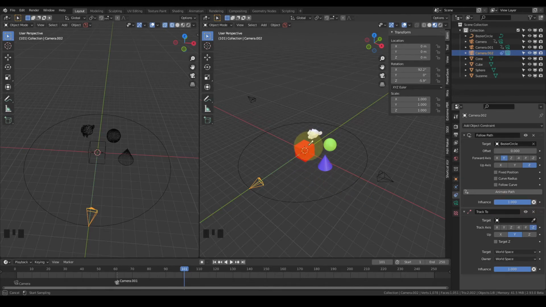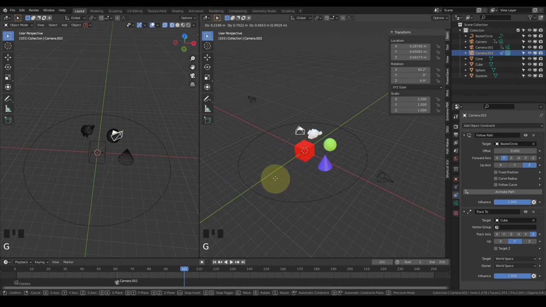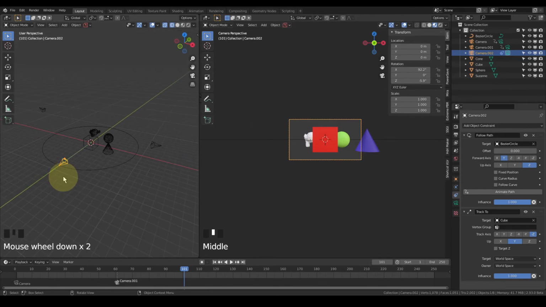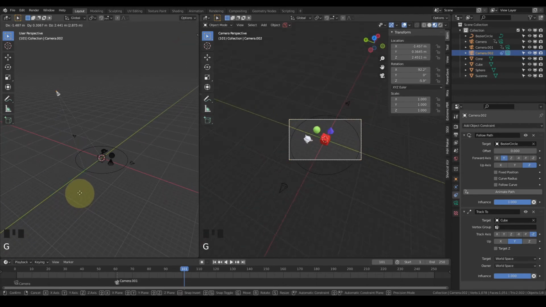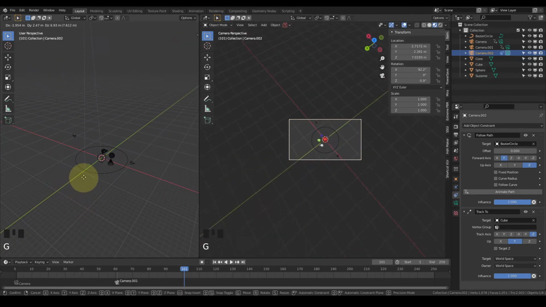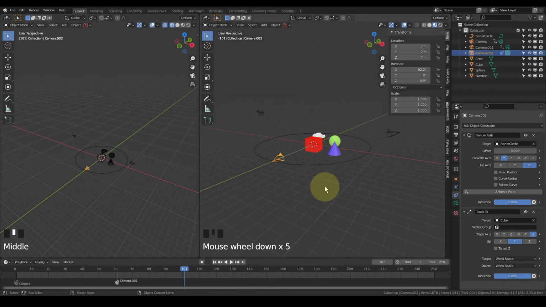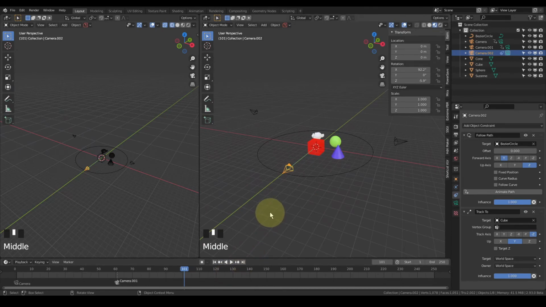So just click on the red cube, and now wherever I take my camera, it is going to face the cube. I'll show you here. Now here I'm going to change the location of the cube. You can see it is facing the cube always. Now, yeah. So now what we are going to do is we are going to animate this offset.